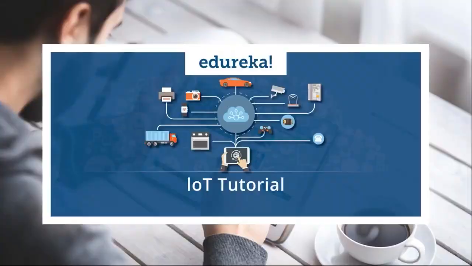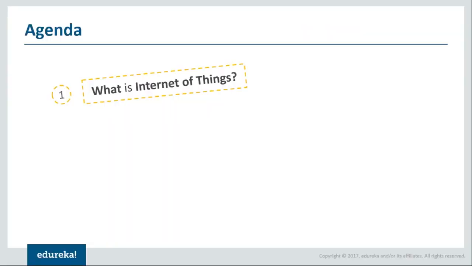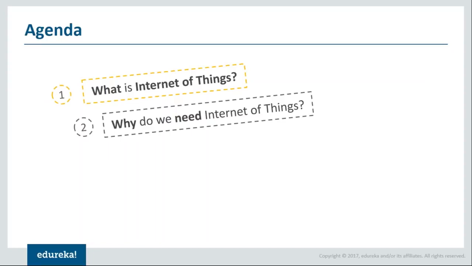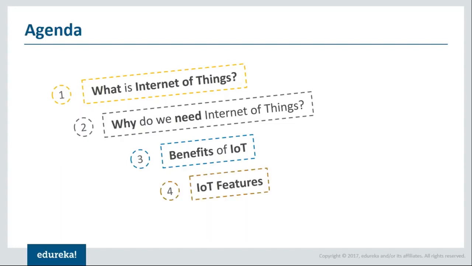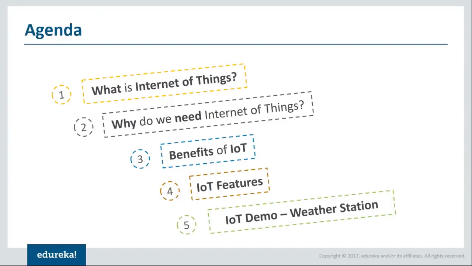Now going on to the agenda for this session, we'll start off by first understanding what is Internet of Things and then we'll try to address the question why do we need Internet of Things. Going on from there, we'll talk about the various benefits of IoT as well as the various features of IoT as well. And finally, we'll be moving on to the demo of this session, which is basically creating a weather